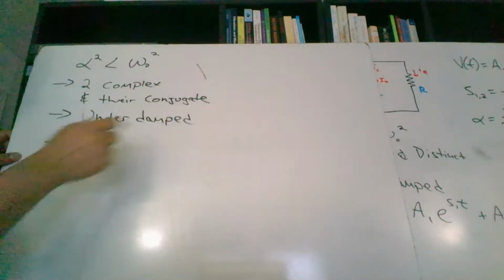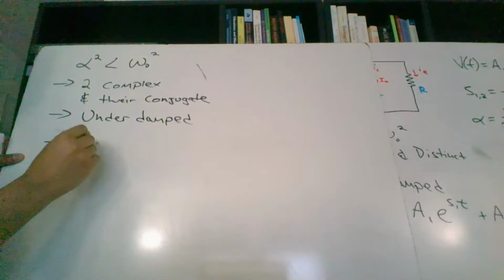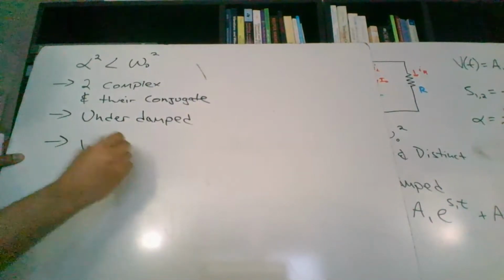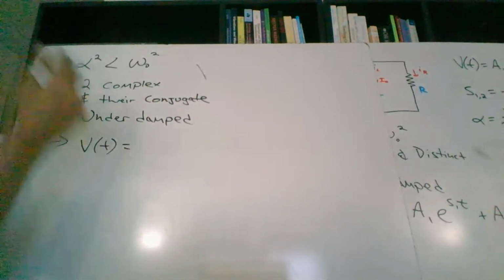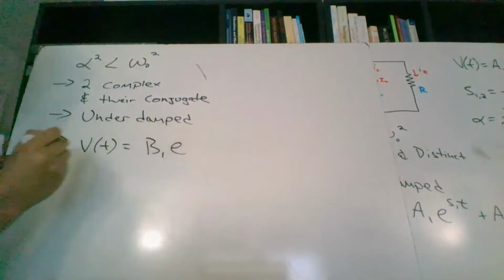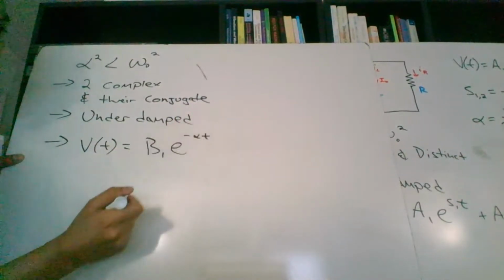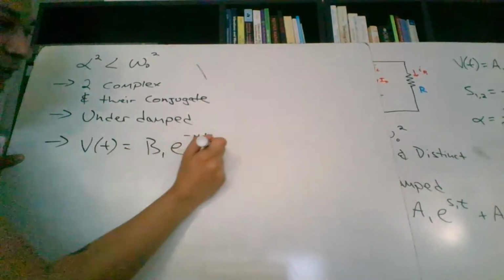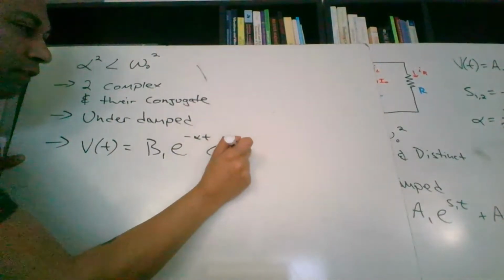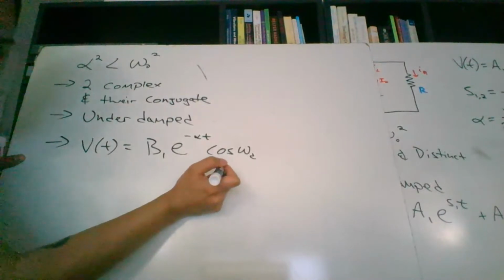It won't be exactly like the V as a function of t before. We'll actually write it like this. V as a function of t is going to equal B1 e to the power negative alpha t cosine of omega d t